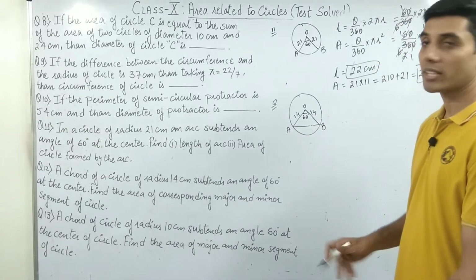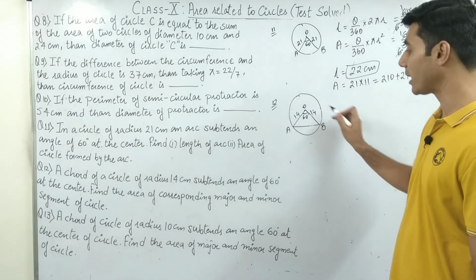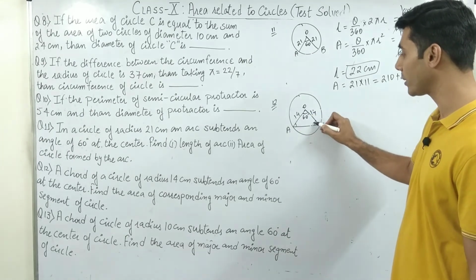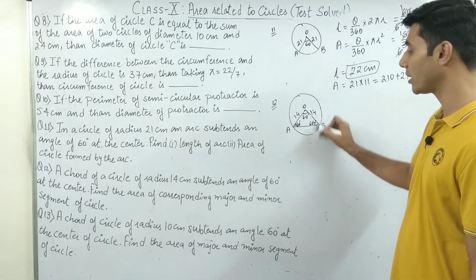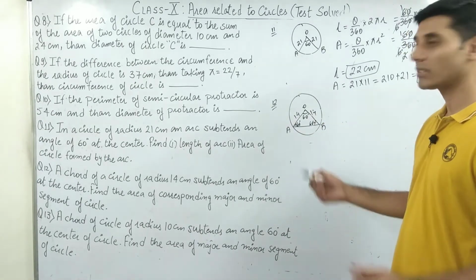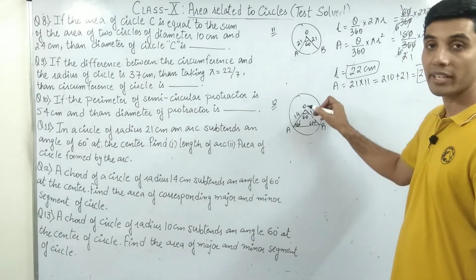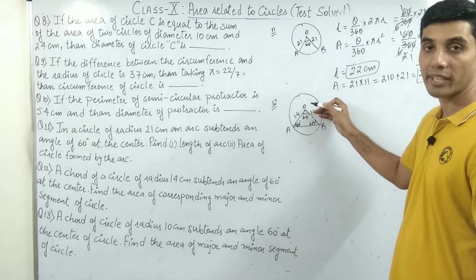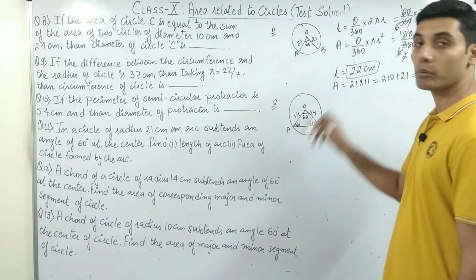Now common sense, guys, think about it. If radius OA and OB are same, that means the angles opposite to these sides will also be same. That means this is also 60 degrees and this is also 60 degrees. So how did this come? Linear pair. 60 degrees is this, then the sum of a triangle is 180. 180 minus 60 is 120. Now both angles are same, so they will be 60 and 60, right? So that means this is an equilateral triangle.